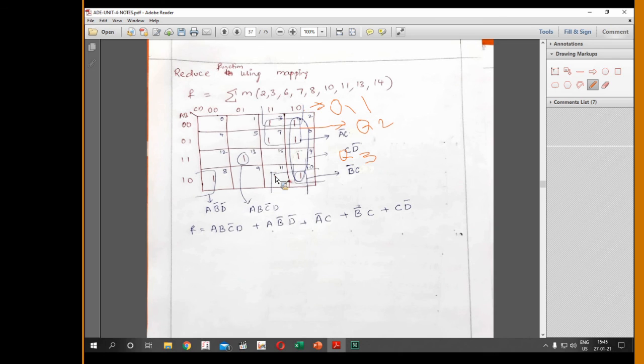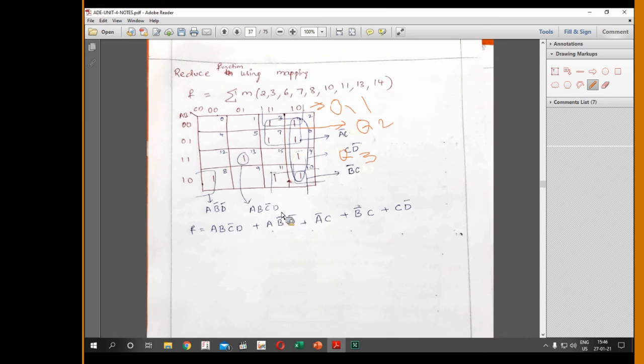With these 3 quads, I could cover 7 min terms and 2 are left. Min term 8 is adjacent to min term 12, adjacent to min term 10, and adjacent to min term 0. In our given function, m0 is not there and 12 is not there. So the only possibility to cover min term m8 is to use an already covered min term, which is m0.